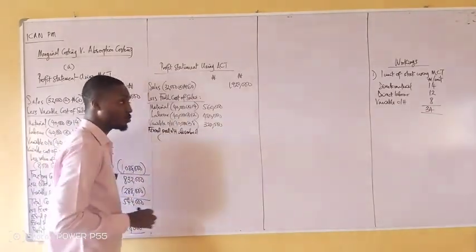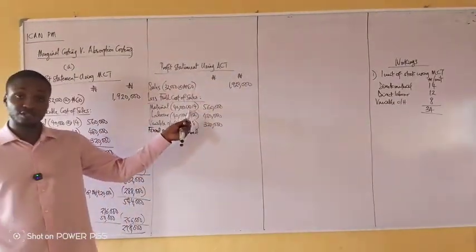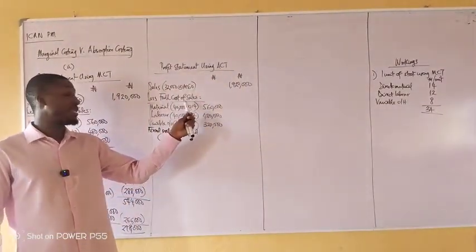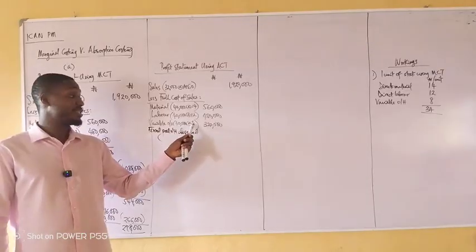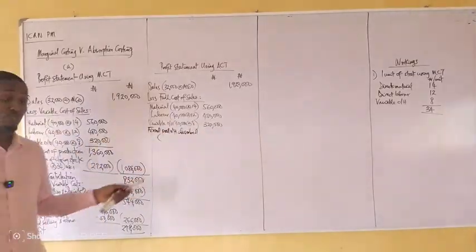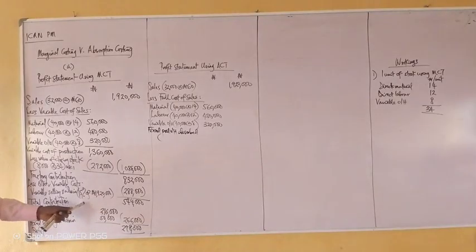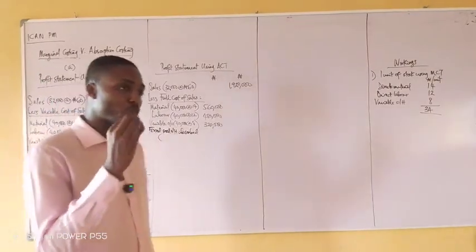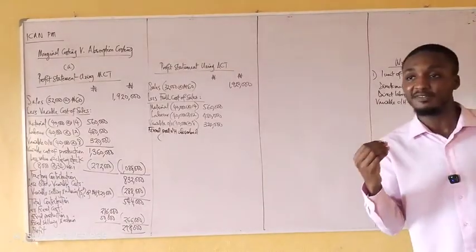Now to get the fixed production overhead absorbed, you know how for these other ones we have the cost per unit. Material cost per unit is 14. Labor cost per unit is 12. Variable overhead cost per unit is 8. But when we come to fixed production, they don't give us cost per unit. They just give us 216,000. So we still have to get the cost per unit. But what we use as our denominator when dividing is